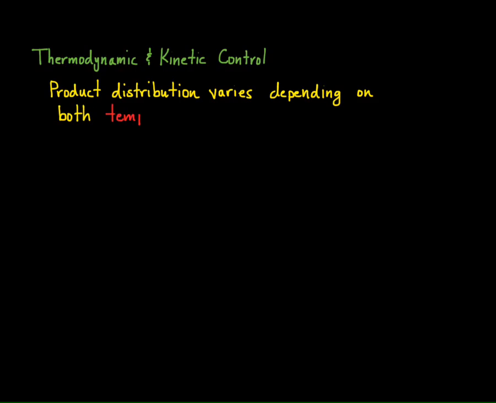I mentioned in the previous video that when you look at addition reactions of conjugated dienes, you can essentially adjust the product distribution between 1,2 addition and 1,4 addition. And in this section, we're going to explore the reasons for that. It's essentially based on both thermodynamic and kinetic control of the particular reaction. And so we see that product distribution varies depending on both temperature and time of a reaction. So let's explore